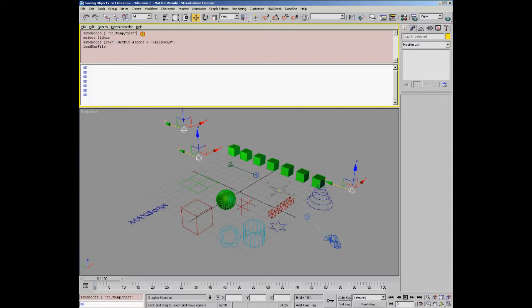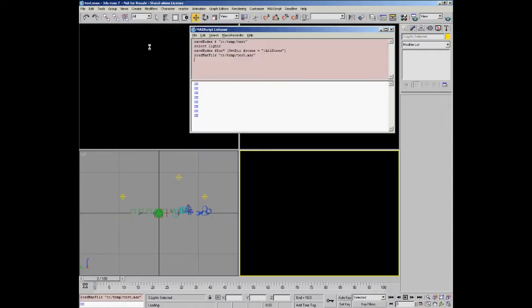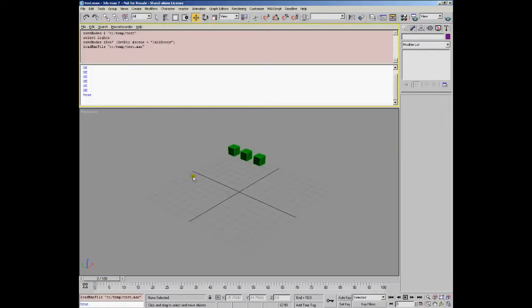Let's begin with the first test, the file c:temp_test.max. The load max file function requires the max extension. In this case, calling this function is going to load a max file we created, which contains only the pre-selected boxes. If we want to load the file containing all the boxes, we can call the load max file function